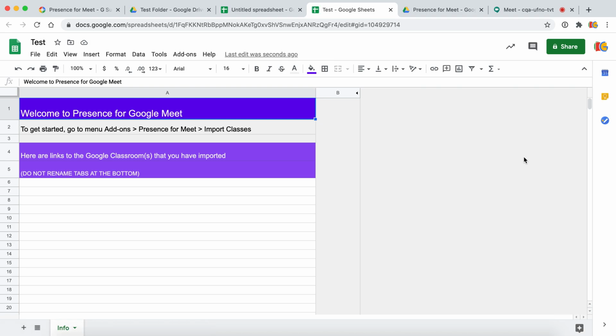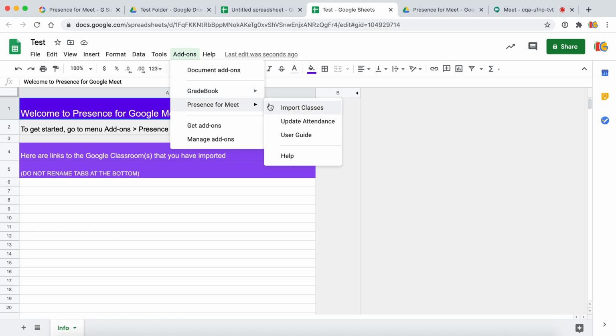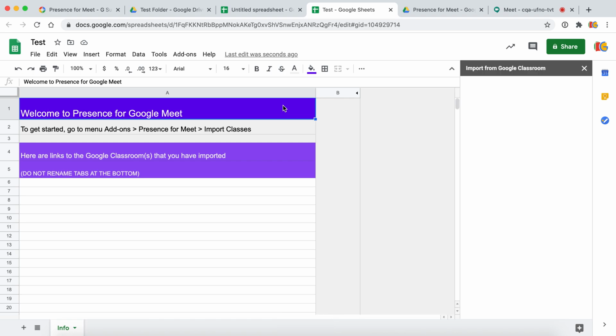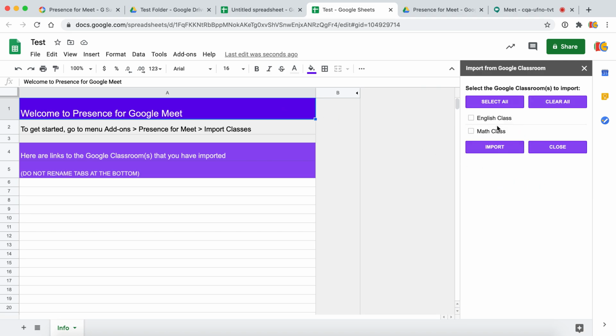Once the template has loaded, we can go to Add-ons, Presents for Meet, Import Classes. This will allow us to import data from our Google Classrooms. So you will be presented with a list of all your Google Classrooms. For this demo, we will pick the math class, but you can pick all of the classes if you wish,